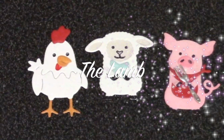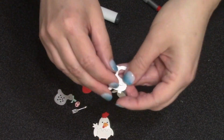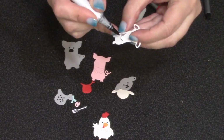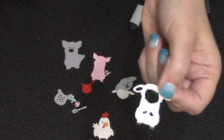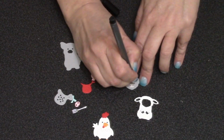Okay, next up I'll assemble the lamb. I like to cut the main body piece out of white and then lift up the front legs so that it's easy to go in there with a black marker and just add a little black styling to the ends of the hooves. I usually do the face piece out of a light pink,